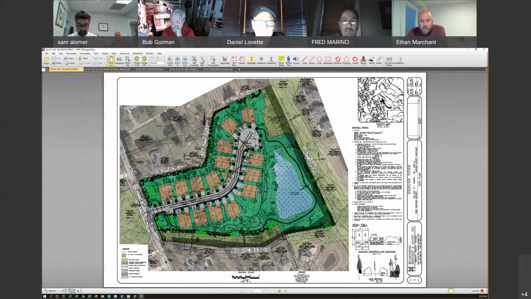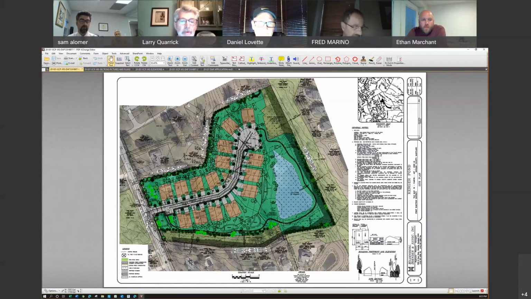Larry? Me. Yes, I had not seen this project before. I was not able to attend the April meeting, but my thoughts before we even came on to this meeting was, boy, there's really no room there between the units. It's really jammed. And density, the developers, they want to get the most they can, from an economic standpoint, to make the most money. But I did drive this area just yesterday, and